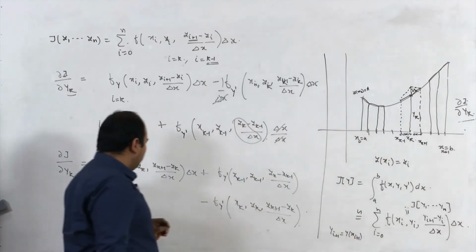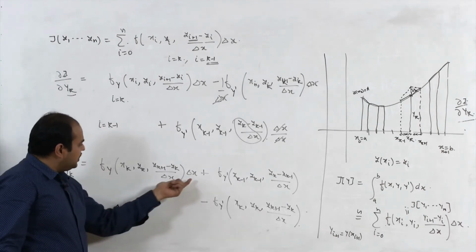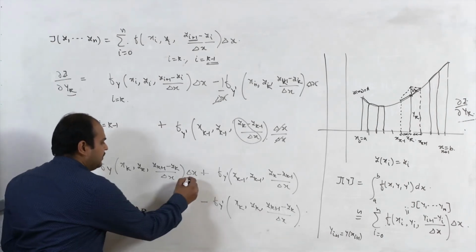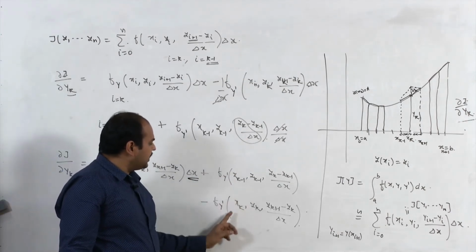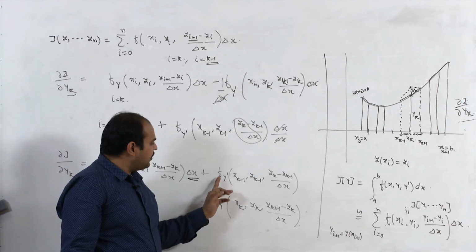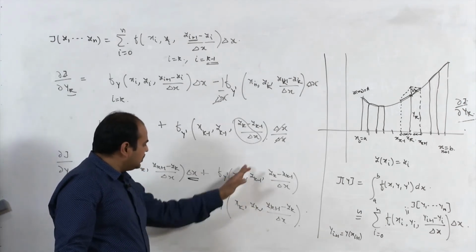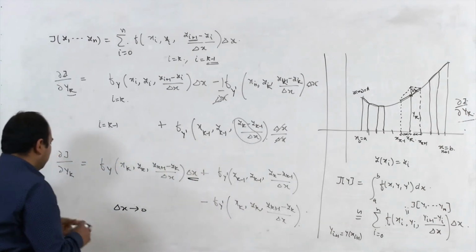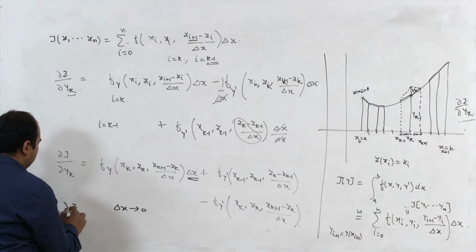So, here if we do this, then just look at the limit: this term is tending to 0 because we have a Δx here, and these two terms will tend to the same limit, that is f_y' (x, y, y'). So, here these two terms will also cancel each other. So, it means that we try to find out the limit of this,